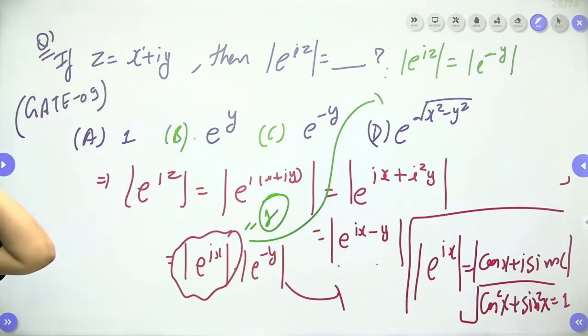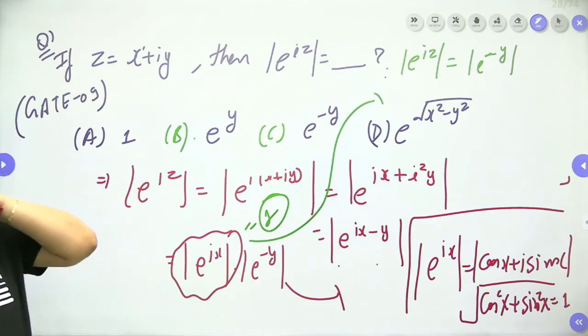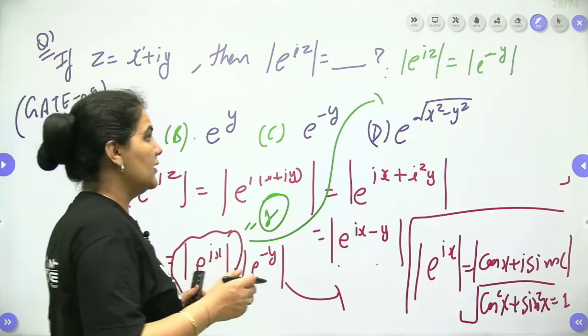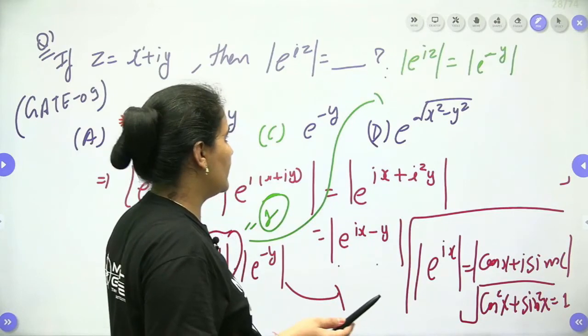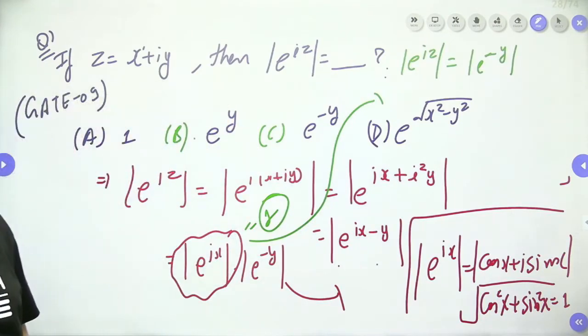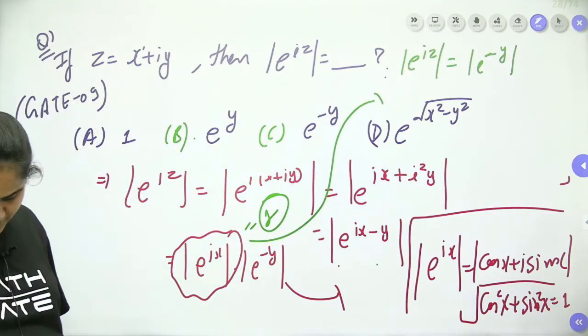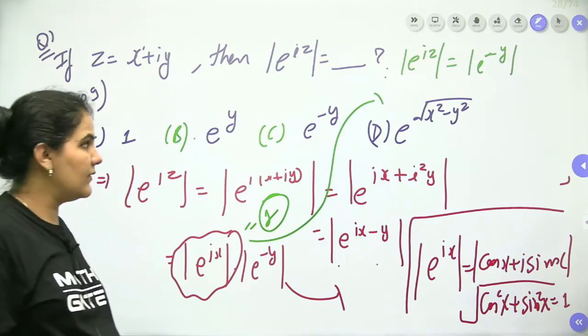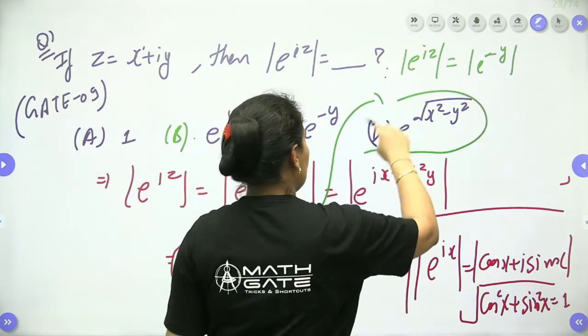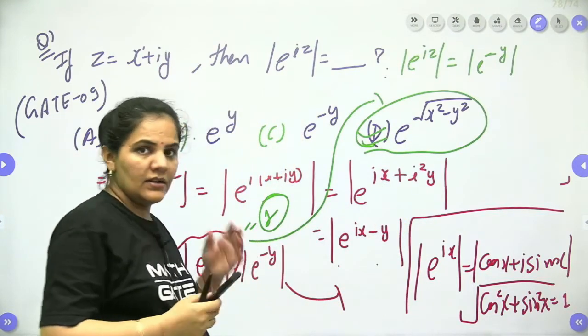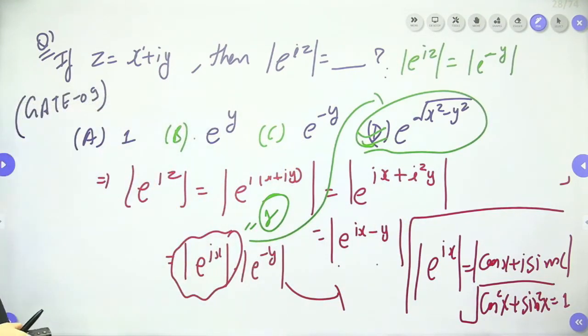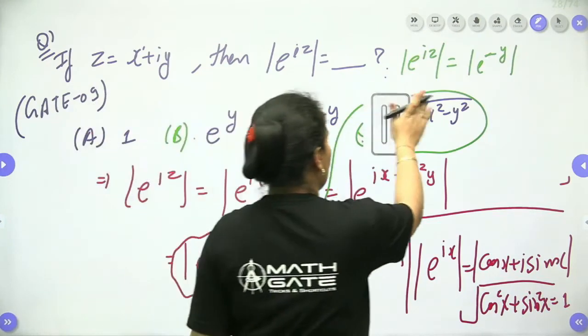Now how will we approach e to the power minus y? E to the power minus y means it is root of x square minus y square only, guys. Yes, exactly. So the final answer will be option number D. Okay, right? So no, it's not D, give me 1 minute. It's not D, guys. It's my mistake. How is it root of x square minus y square?